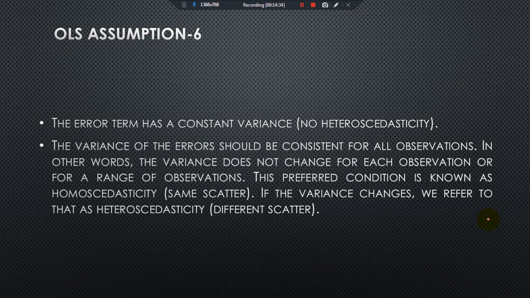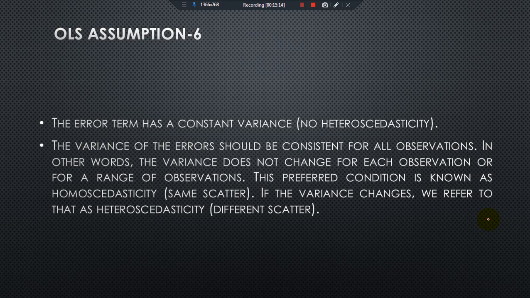The easiest way to check this assumption is to create a residual versus fitted value plot. On this type of graph, heteroscedasticity appears as a cone shape, whereas the spread of the residuals increases in one direction in the graph, or you can say the spread of the graph will show the homoscedasticity. Moreover, heteroscedasticity also reduces the precision of the estimates of the OLS linear regression models. So keep in mind that